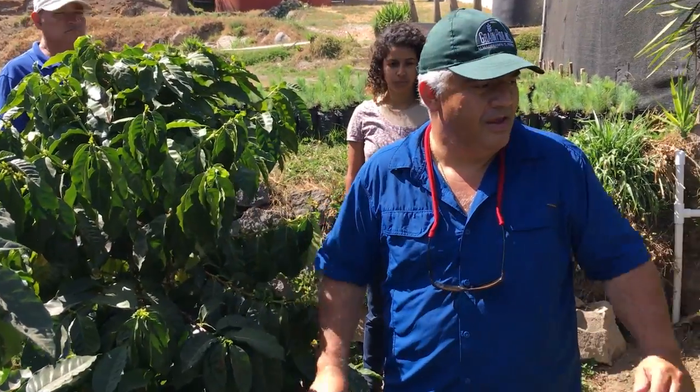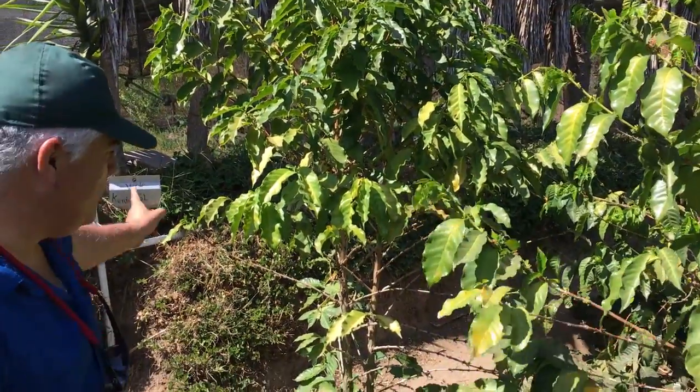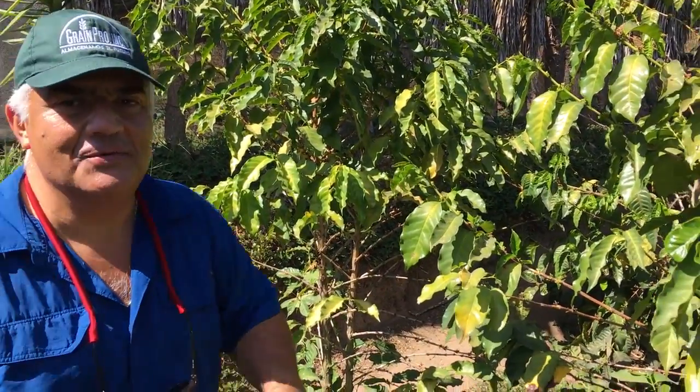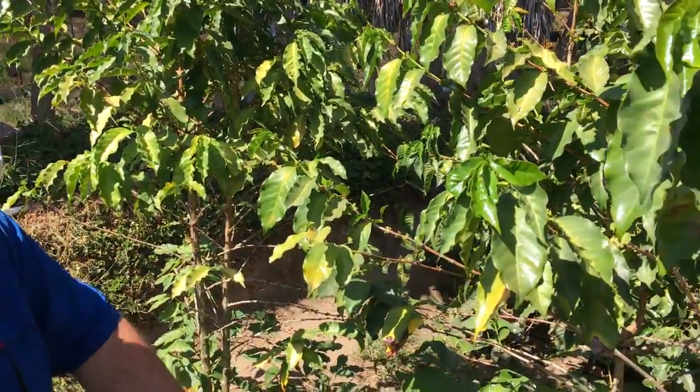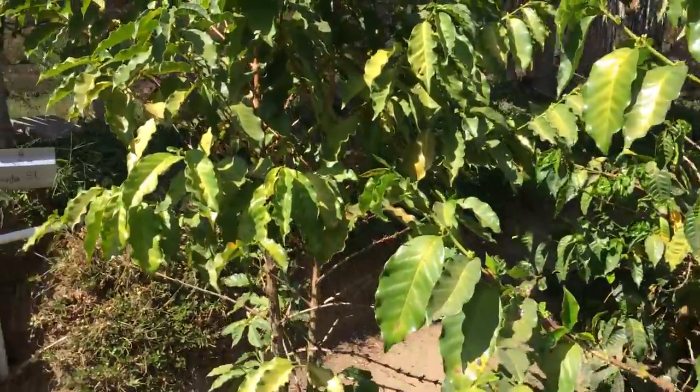And here on the left, I have a sample we don't know yet. It's 2834. Tim is going to help me today to find out what it is, but it's a Kenyan coffee. And next to it, I saw you have some geisha. Yeah, here we have